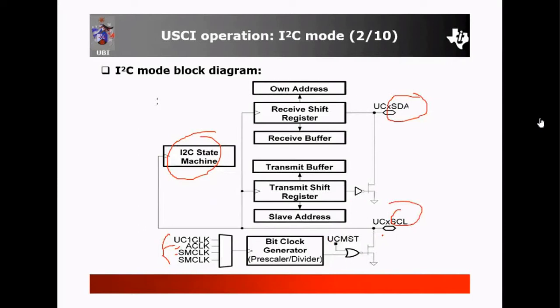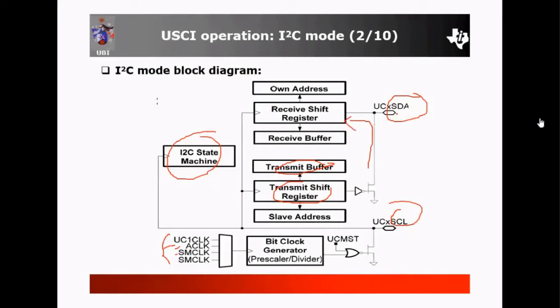When the clock pulse is activated, what will happen? The transmit shift register takes whatever is in the transmitter buffer, and the data is transmitted to the receiver part over the serial data line.